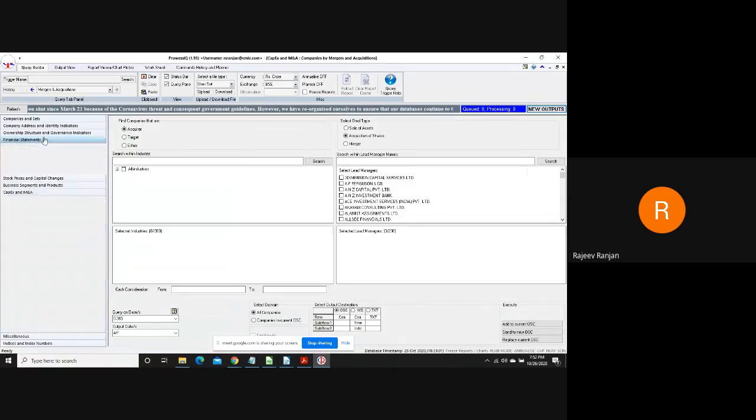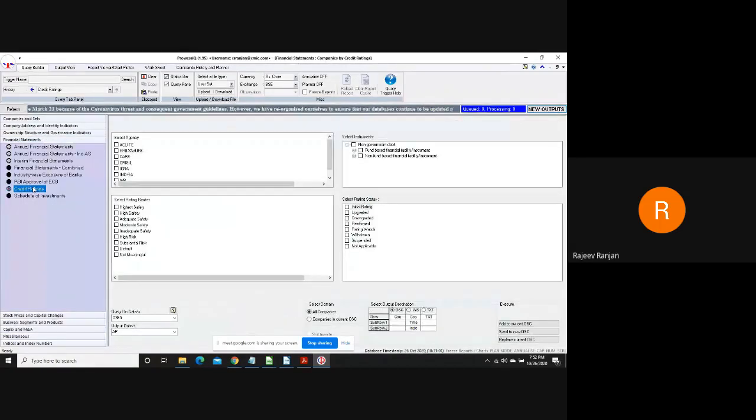So let me show you one of the outputs for the worksheet. If I want to see, out of the companies in our output sheet, what has been the rating status, whether the rating has been upgraded, downgraded or reaffirmed, when I click on the worksheet, it gives me another option, which is send to new worksheet. So when I click here, this worksheet output will appear under this section.